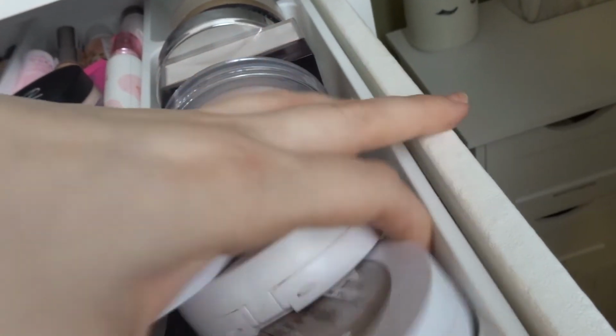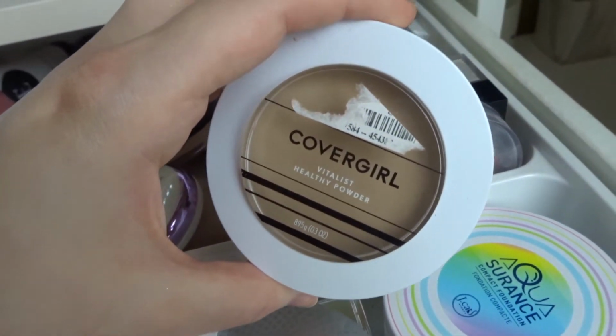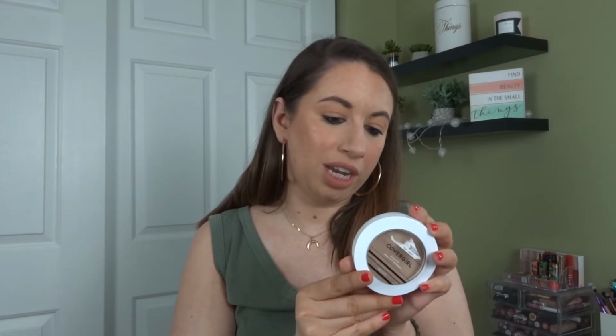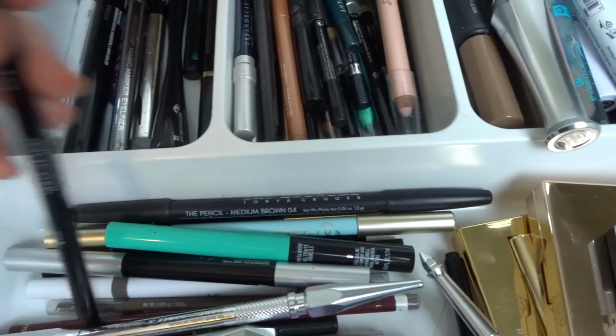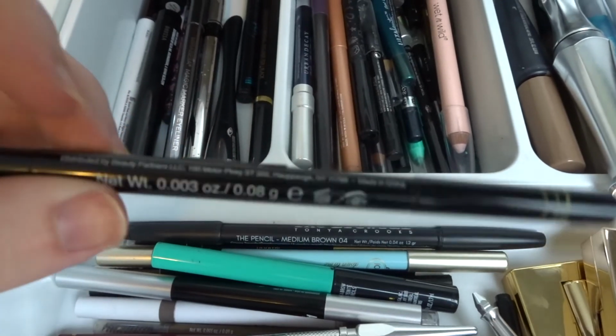And then I did opt for one pressed powder, and that is the Covergirl Vitalist Healthy Powder. And I have this in the shade Classic Ivory, and this is the powder I used to set my face today. For brows, for a brow pencil, I decided to go with the Arches and Halo Micro Defining Brow Pencil,